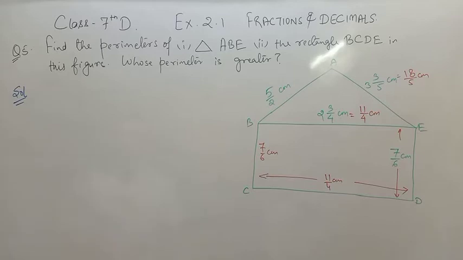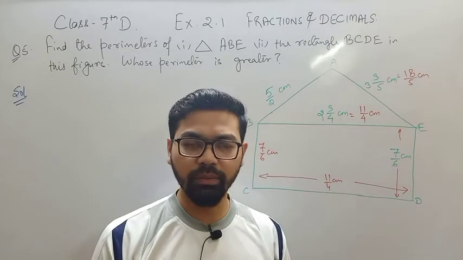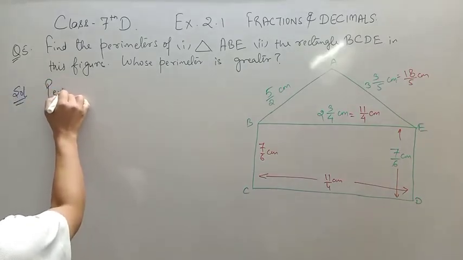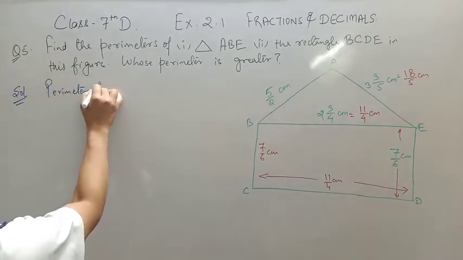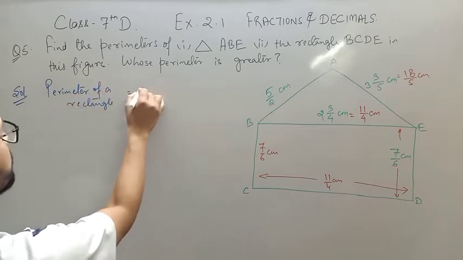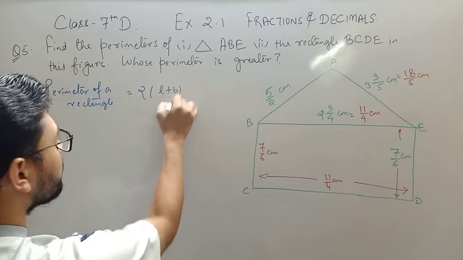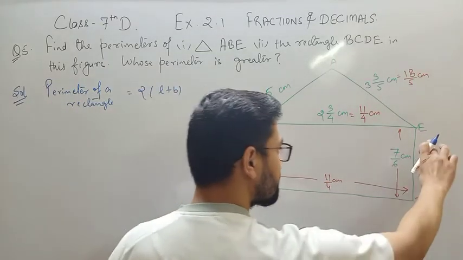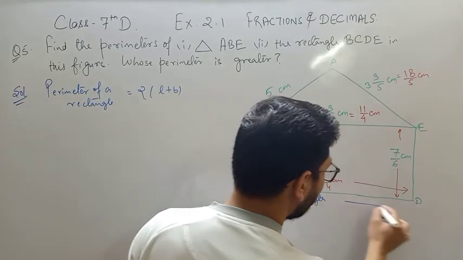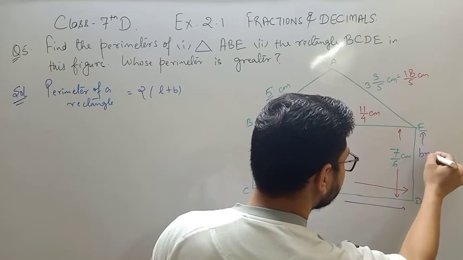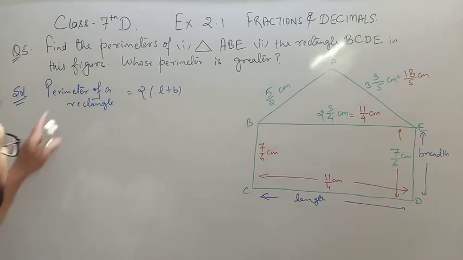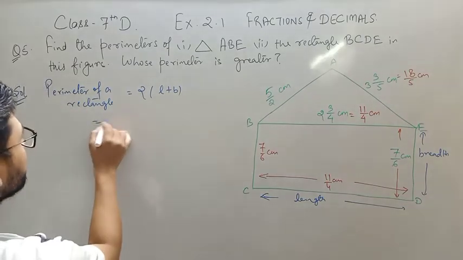In the earlier lecture I explained what the perimeter of a rectangle is. So the perimeter of a rectangle is equal to twice (L plus B). Let's say this is the length and this is the width. Okay. Now the perimeter of the rectangle will be twice